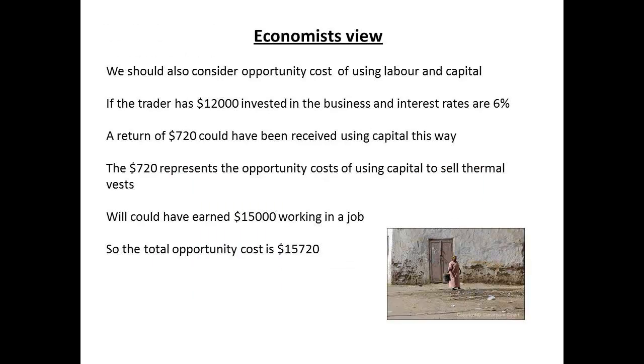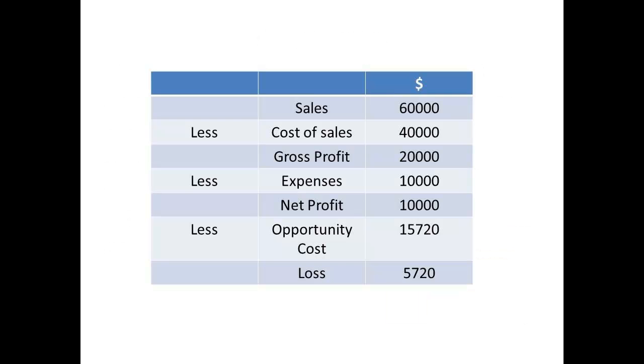For the economist, the opportunity cost is about considering the use of labor and capital. If there is $12,000 invested in the business, then the alternative use of this resource should be considered. Revenue could have been obtained from this in the form of interest. At 6%, this would have yielded a return of $720. The trader might also have earned $15,000 from employment if not operating as a market trader. So there is a total opportunity cost here of $15,720. Taking this view, we have a net loss of $5,720 because we need to subtract the opportunity cost from